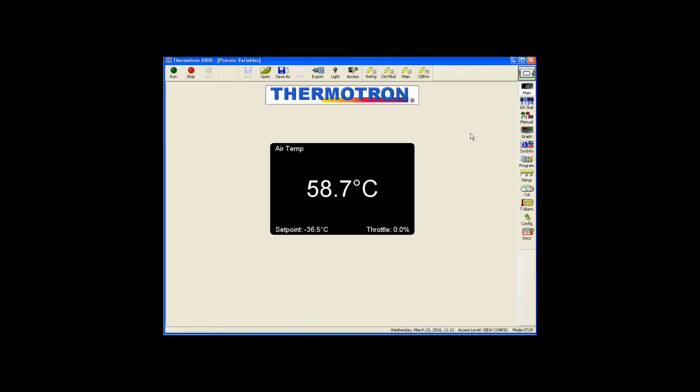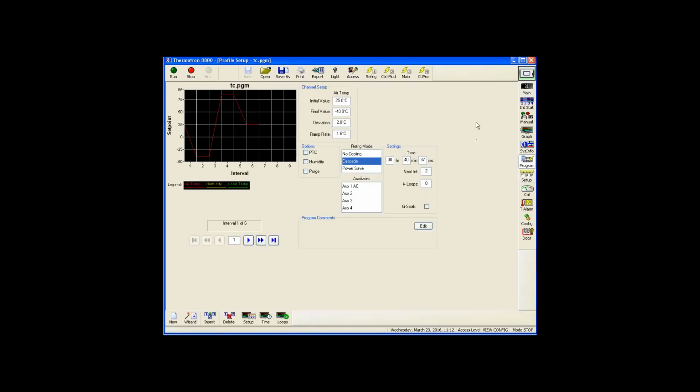If you're following along with your demo software, you would just simply click on Program. To write a new program, we would select New down in the bottom left. Once you have a new program, this will change from the previous program to Untitled, telling us it's a brand new program. A couple weeks ago, we just created a simple temperature profile. Right now, we're going to do some more complex programming just to show you some of the things you might